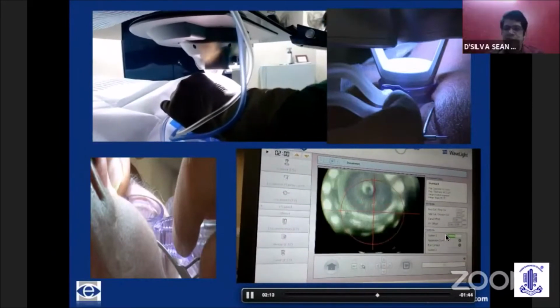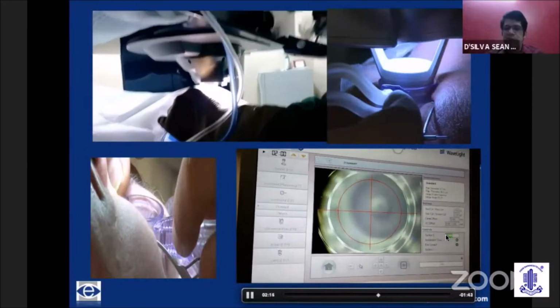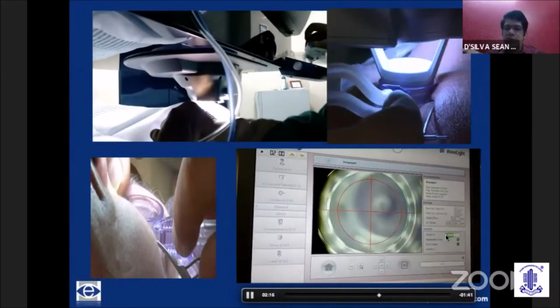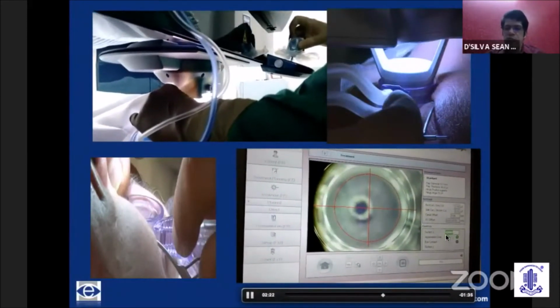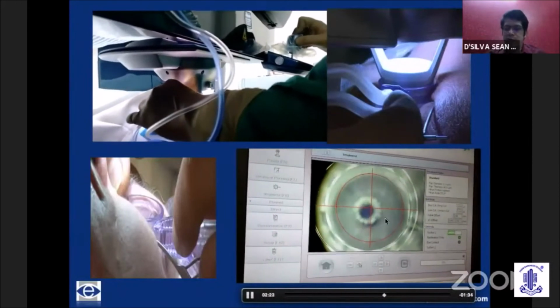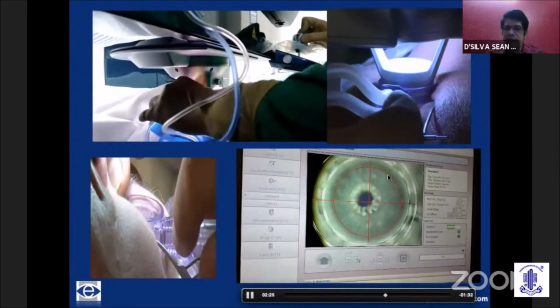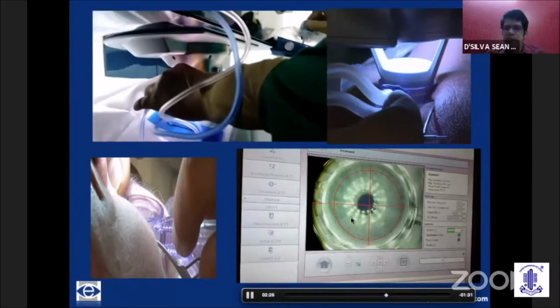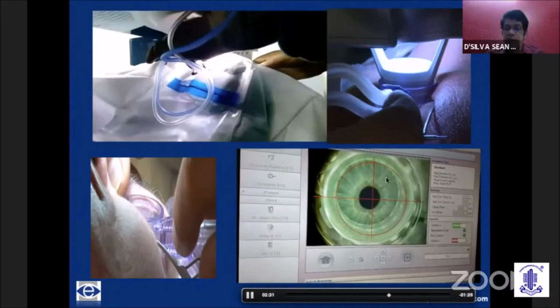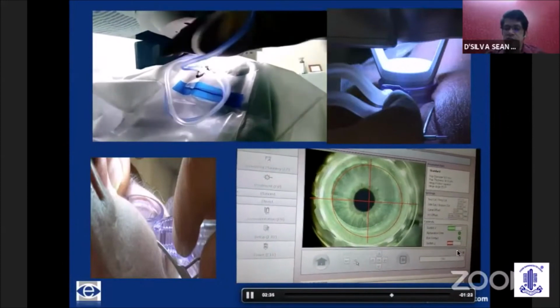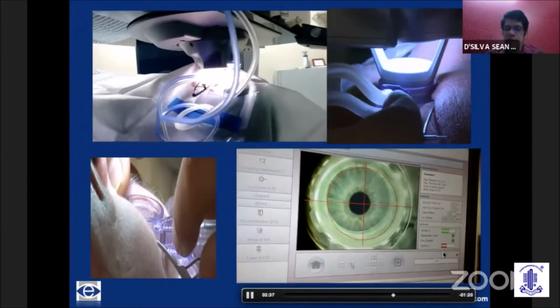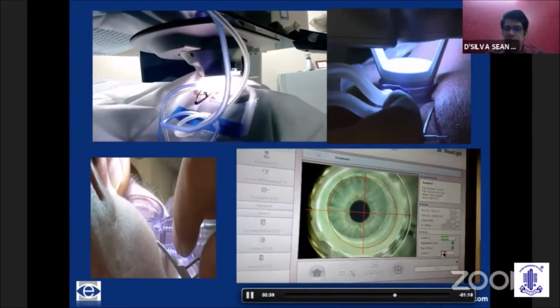This applanates the cornea, which allows the machine to calibrate at what depth the cavitation bubbles are going to form. Once the cone has applanated the cornea adequately, you can see that this entire area will be your zone of applanation, where you can clearly see on the monitor. And then once the suction 2 turns green, you go ahead and fire the laser.